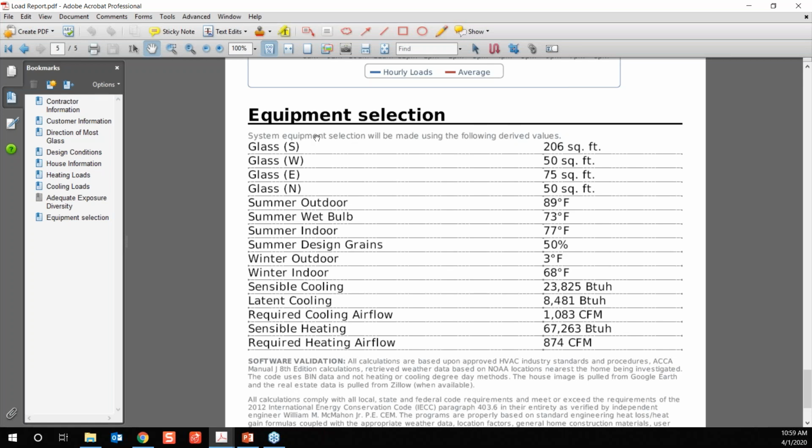And then the very last thing on the report is the equipment selection report. You need this for your ACCA Manual S. So Manual J is the load calc. Manual S is the system sizing. So obviously you need the Manual J, the load, in order to size the equipment. But then there's a whole other manual that ACCA has telling you how to size the equipment. Some of the highlights of that are